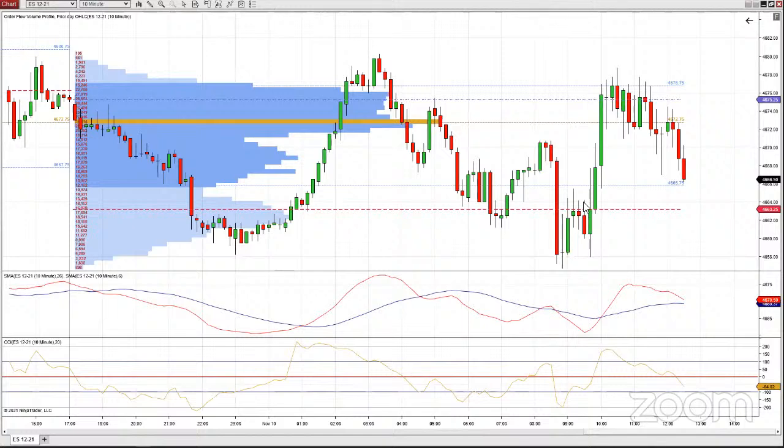Real handily. It gives me yesterday's low. It gives me yesterday's close. Yesterday's high is above the screen here. We can't see it. So those are areas of interest for me, which will give me some idea of some type of entry, exit, stop loss level, those kind of things. Once we get to that part.